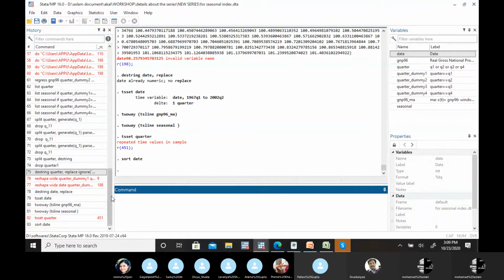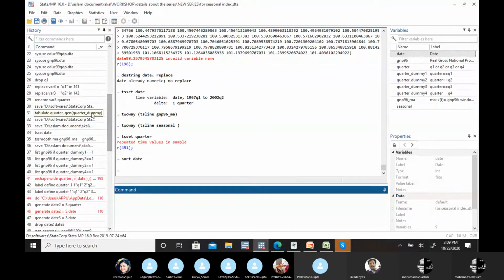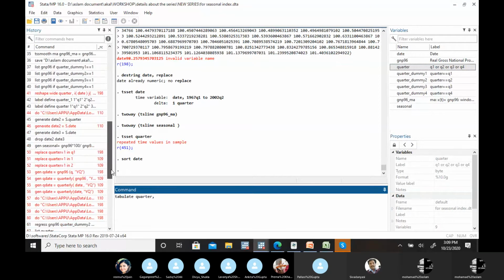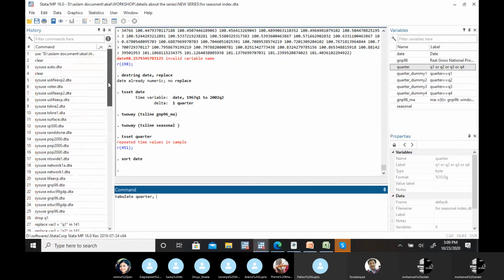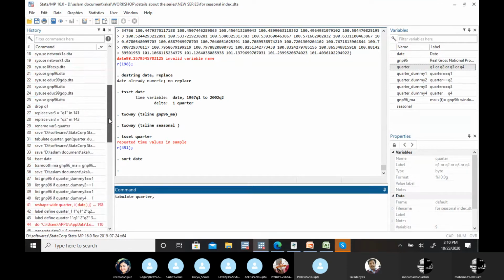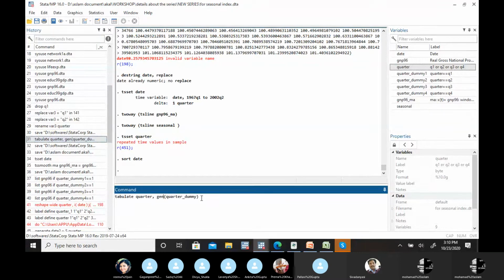So the command is tabulate, then your variable quarter, comma, then generate. Yeah, I'm very poor at remembering the commands. Yes, quarter, generate, then within brackets